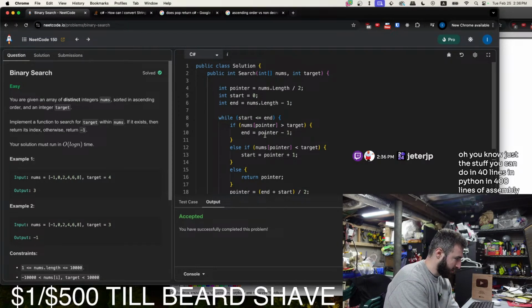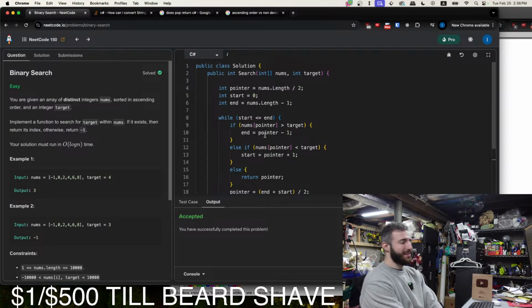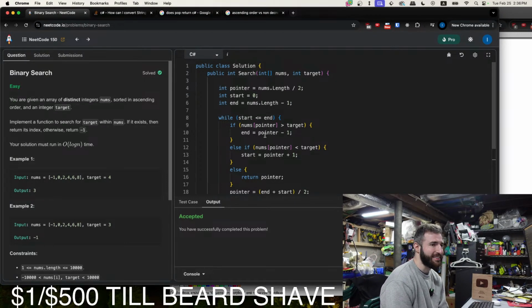Oh, you know, just the stuff you can do in 40 lines in Python in 400 lines of assembly. Dude, that's tough, manipulating. So you're changing the registers and everything, huh? Manually. That's crazy, dude. You poor soul. One of my viewers, he made an assembly simulator in Rust. He made it look really cool. I wonder if I can find it.